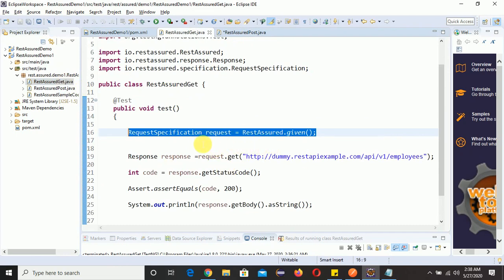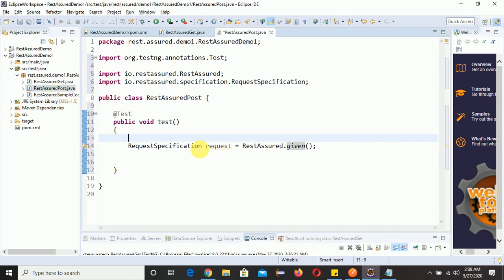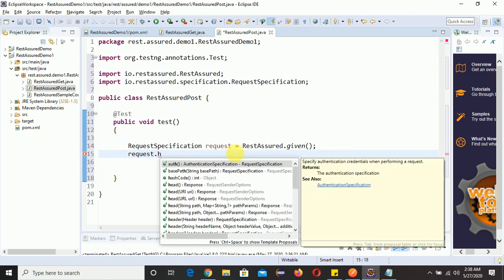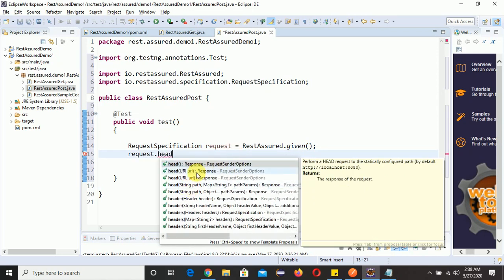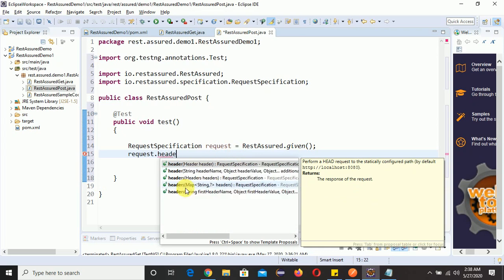We have not passed any body through the request, but in POST we are going to send a body, right? So for that we need to write request dot header.